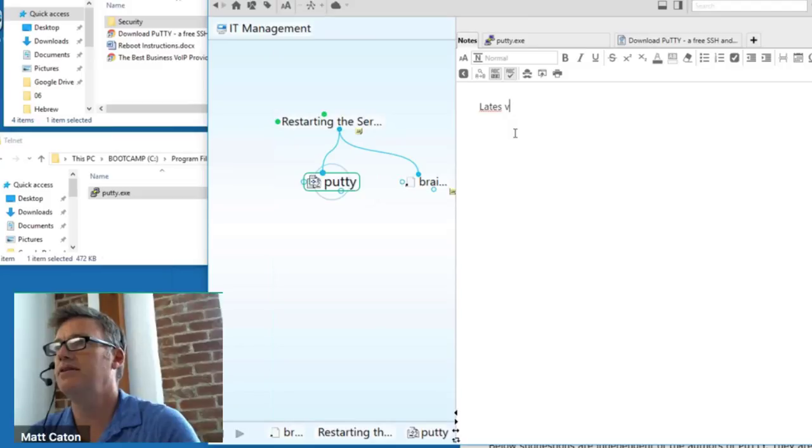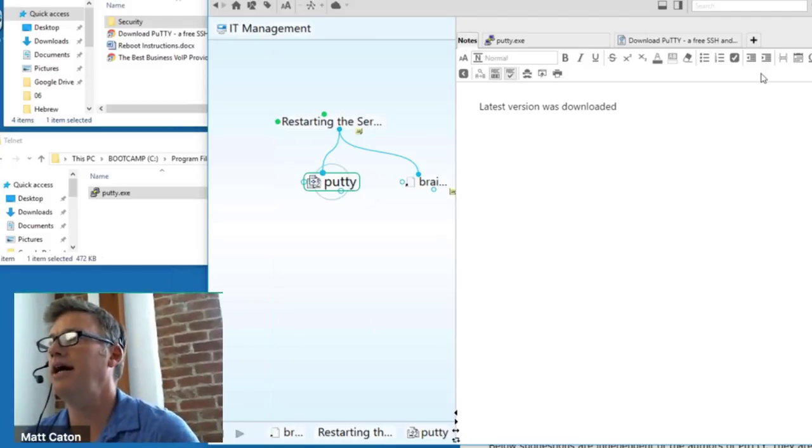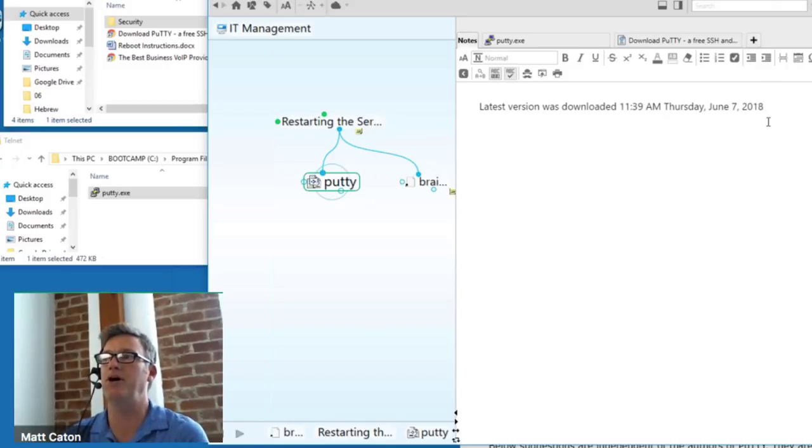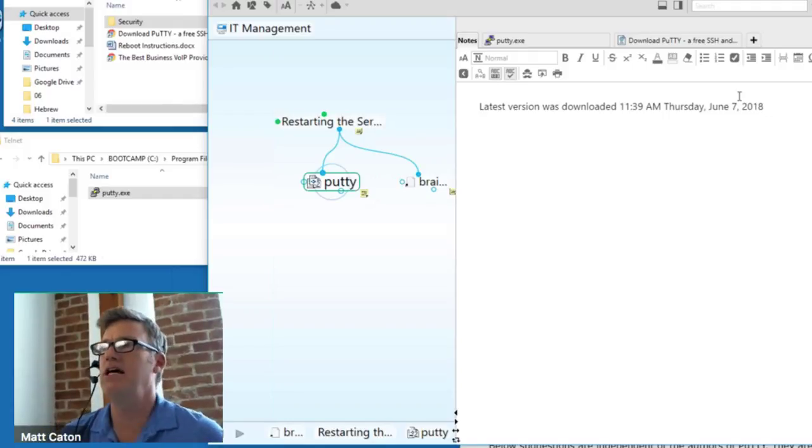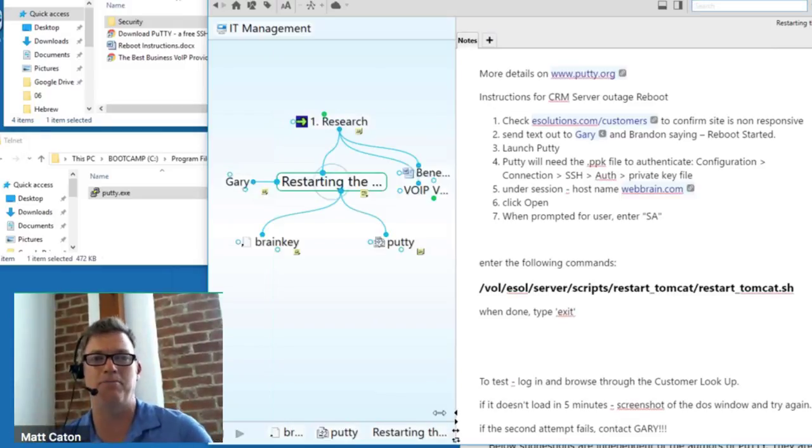latest was downloaded on, and I'll insert today's current date and time. So a nice button there in the notes. I utilize that button quite often to keep track of when tasks took place, when I downloaded something, when I was assigned a project, an IT project, a server reboot or rebuild that I needed to take care of. So I timestamp that,